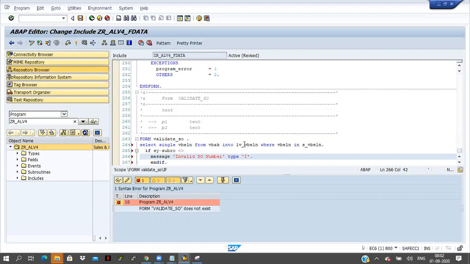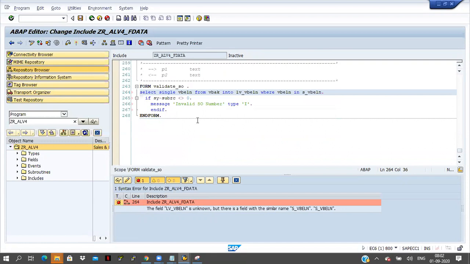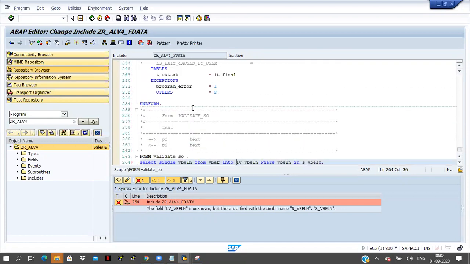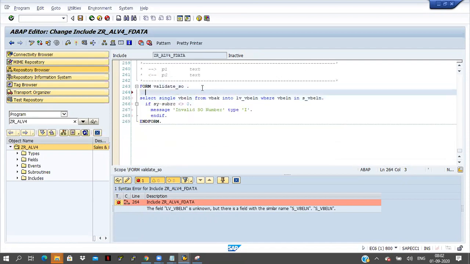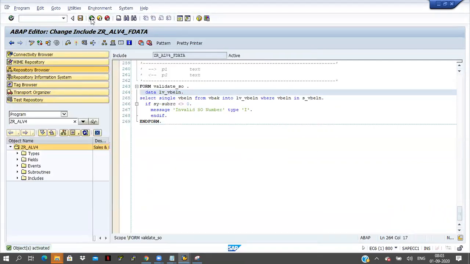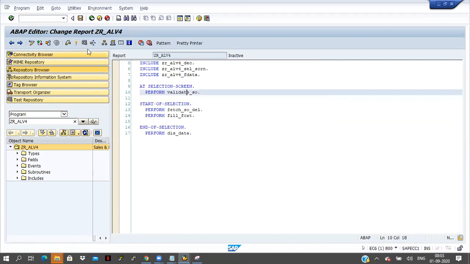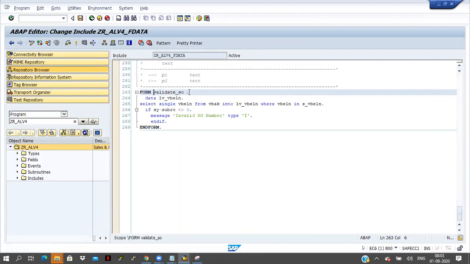If I am taking LV_VB, I didn't declare it till now, I will declare it now. Activate it. I will take the E here.